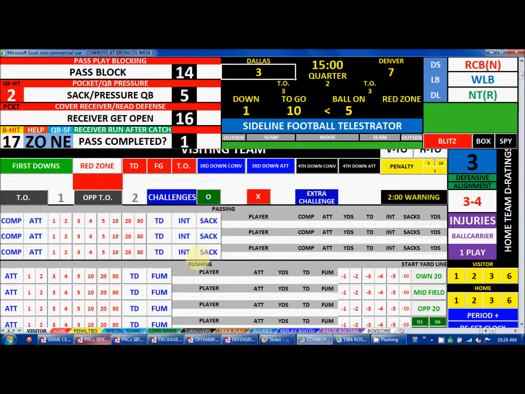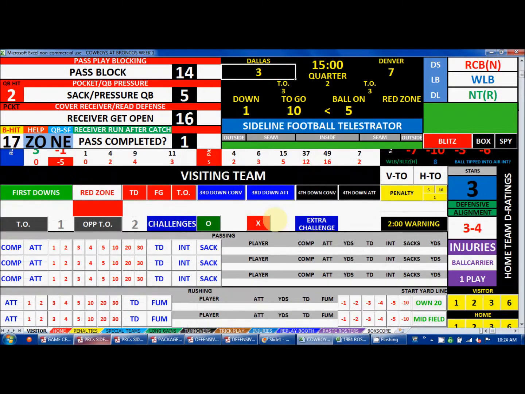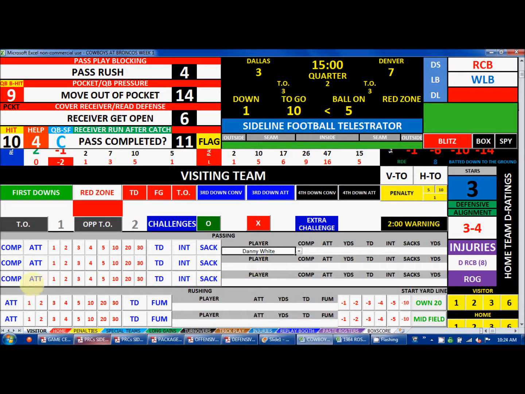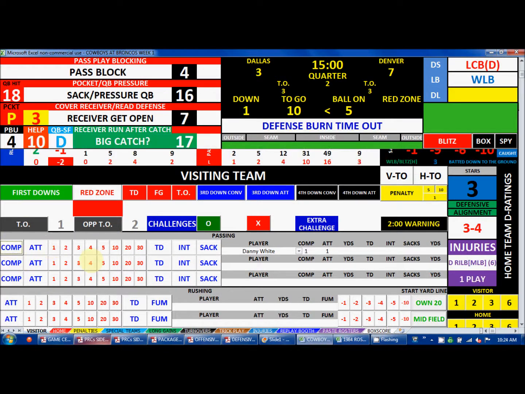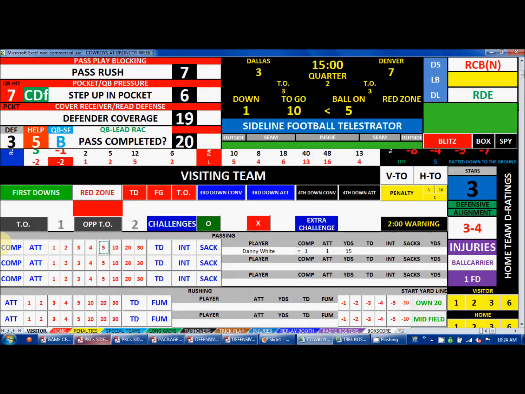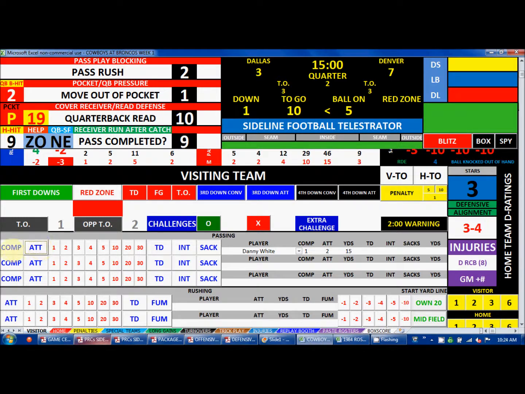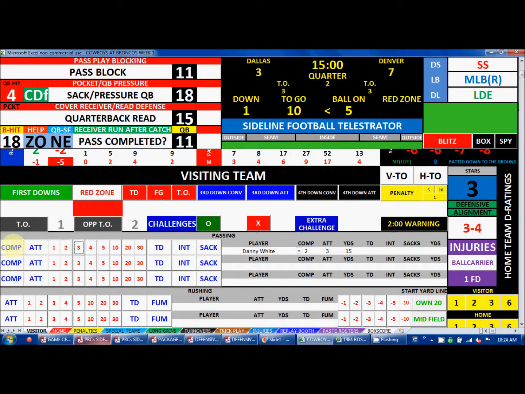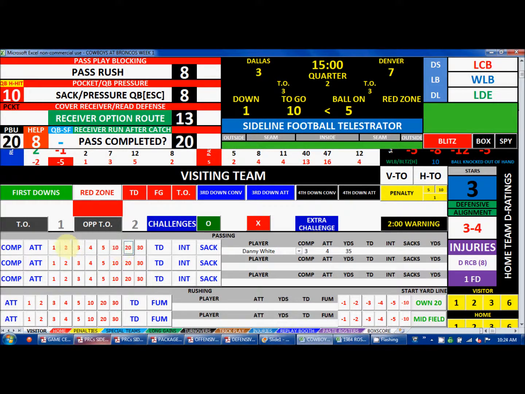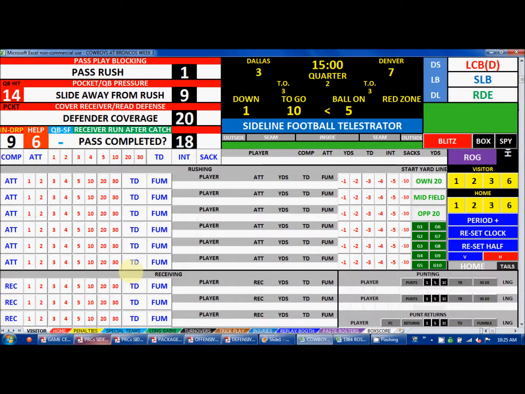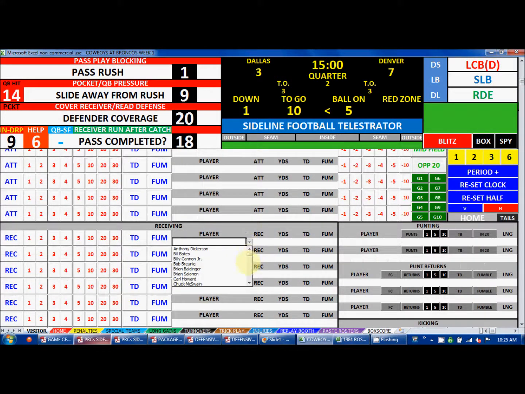To assign statistics, let's say Danny White, since we're on the Cowboys side. Let's say Danny White's the quarterback. Once you start compiling statistics for the game, simply scroll down, and if he completes a pass for 15, give him a pass for 15 yards. Maybe he throws an incompletion, hits another guy for 3. It's Doug Cosby for 22. So Doug Cosby,